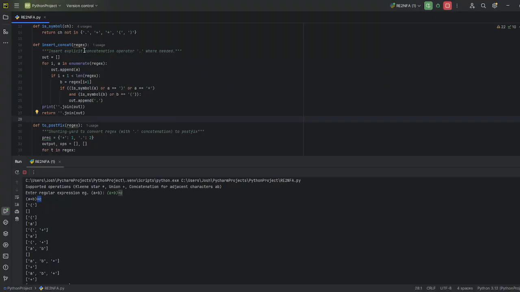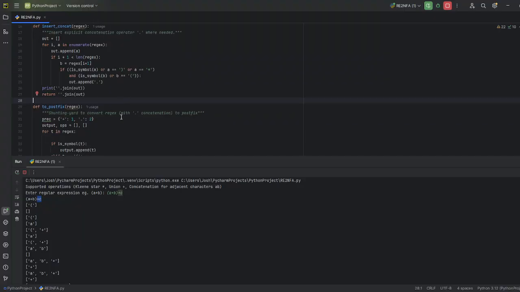This is also part of a way to easily perform operations. If you perform concatenation, like if you just input AB, it will add dots between them so that it signifies a concatenation operation.